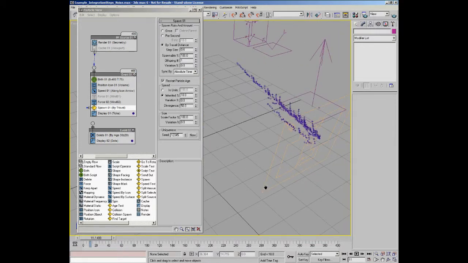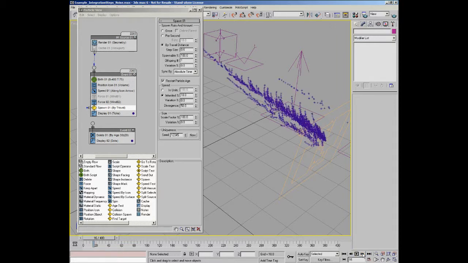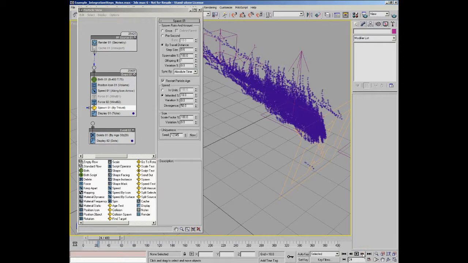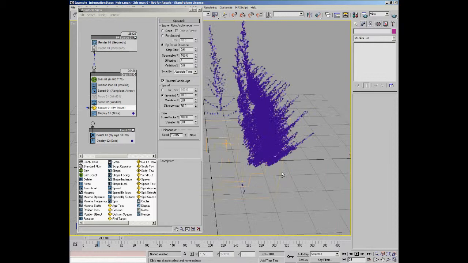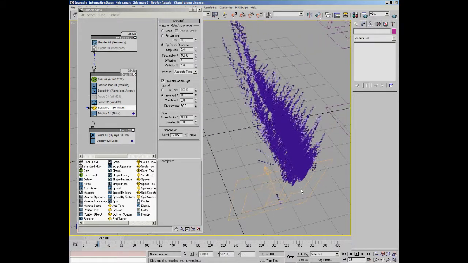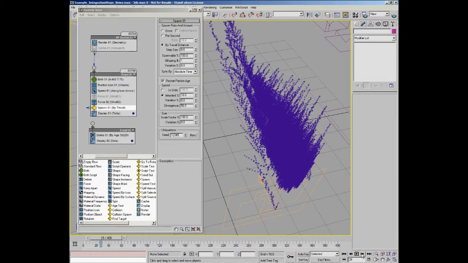So if we keep on stepping through, this is not really a big problem at the moment. We've only got 466 particles, it's not really a big issue. But if we keep on stepping through, you can see we're up to 2,200 now, and we keep on going. We're now up to 7,600, and now we're up to 25,000. And you can see it keeps on producing this tree-like structure. And I'll keep on stepping: 34,000, 46,000, 62,000, 83,000, 112,000,